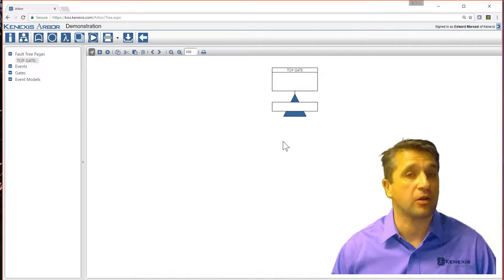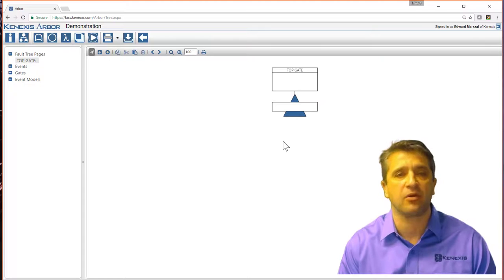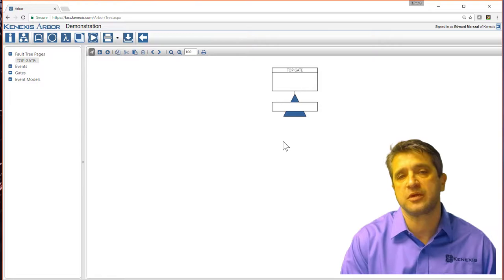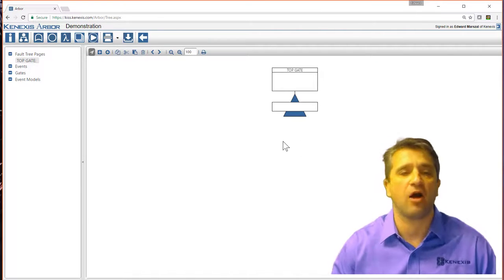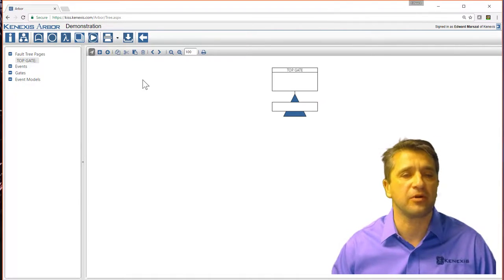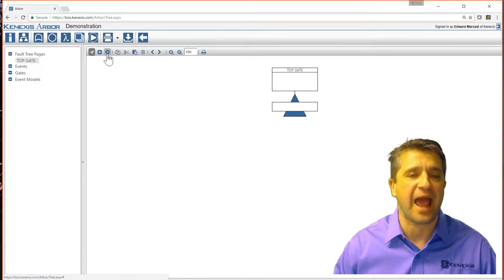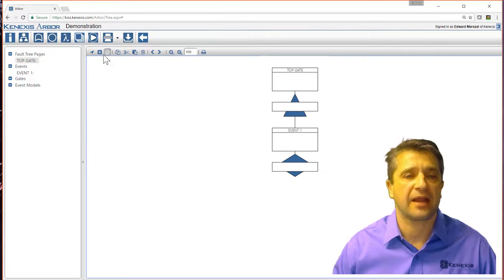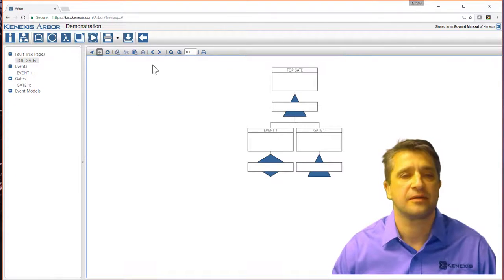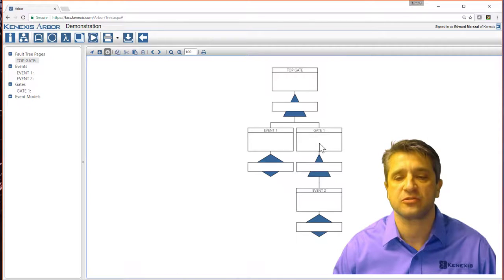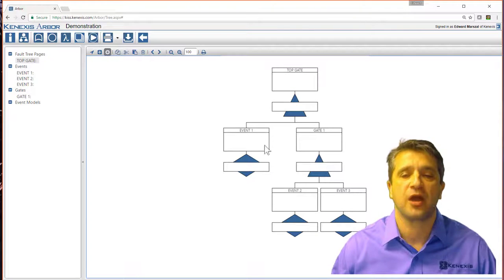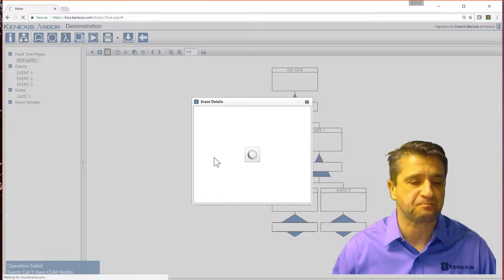And I'll build out a little fault tree here. I'm just going to do a quick example of a very basic safety function with a pressure switch, solenoid, and valve. So in order to build the tree, it's really simple. I can add basic events, and I can add gates, and then I can add basic events to those gates. So now I've built my basic structure, and I'm going to start with saying, okay, for event number 1,